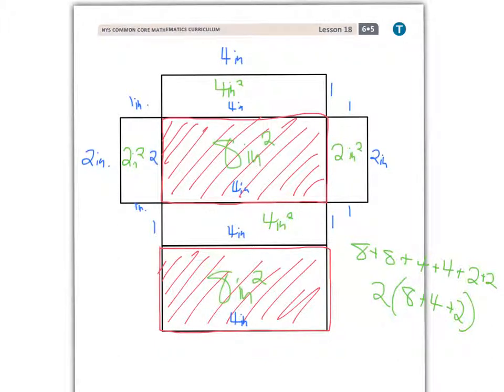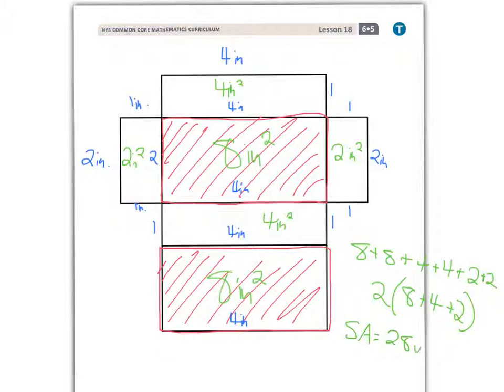And then finally G says, what is the surface area of the figure? So the surface area of the figure would be 16 plus 8 plus 4, or this would be 14 right here. 8 plus 4 would be 12 plus 2 is 14. 14 times 2 is 28. So I know that the surface area equals